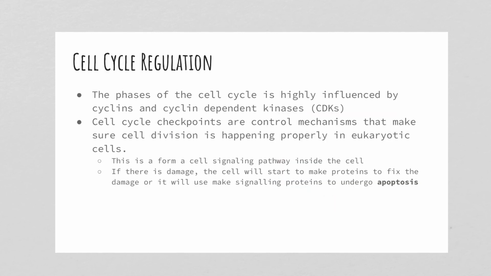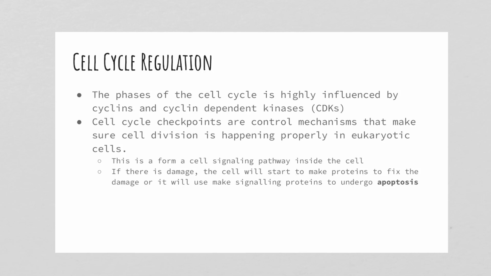Okay, so again, a lot of this cell cycle is regulated, and it's regulated by two proteins called cyclin and cyclin-dependent kinases. Again, it's basically a particular protein that adds a phosphate group to activate other molecules in the cell to initiate mitosis. They really want to make sure that, in addition to these, you have these checkpoints that are going to control mechanisms to make sure that you have division occurring properly in those cells.